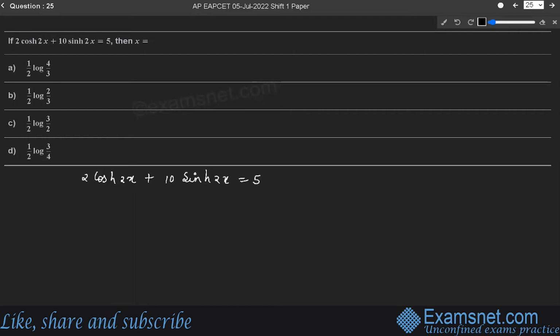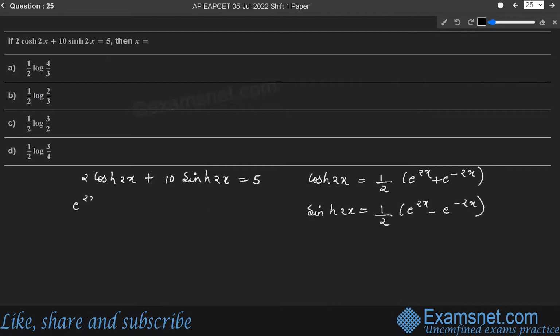We know that cosh 2x is equal to 1/2 into (e^(2x) + e^(−2x)), and sinh 2x is equal to 1/2 into (e^(2x) − e^(−2x)). On substituting these values in the given equation, we will get